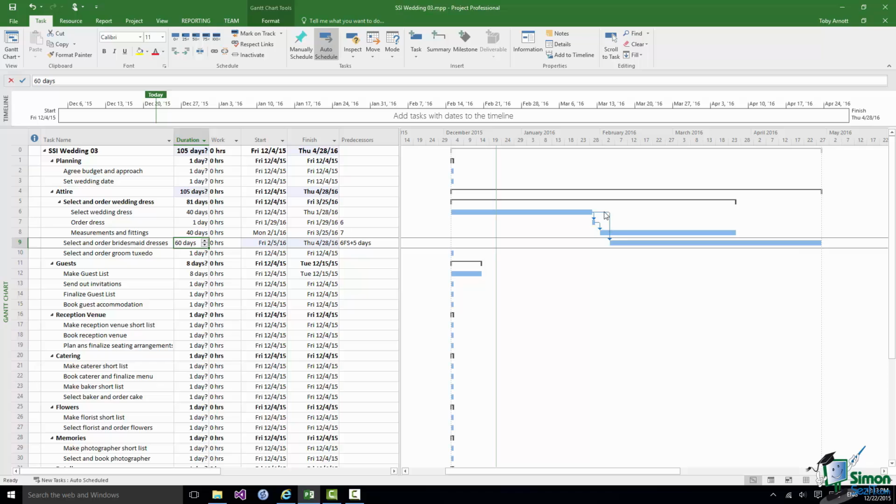So that's a lag, and I could also have said, let's have a lag of -5 days. Now what that is, a negative lag, we often refer to as a lead. We still have a finish to start relationship, but what the relationship now says is that the second task can start 5 days before the first task finishes. So we can actually get started on selecting and ordering the bridesmaid dresses 5 days before we finish selecting the wedding dress. Now I'm going to restore that to being a lag of 0 days in a moment, but first